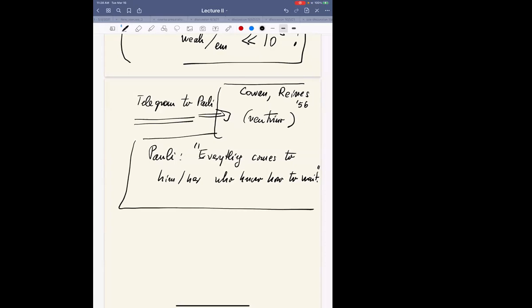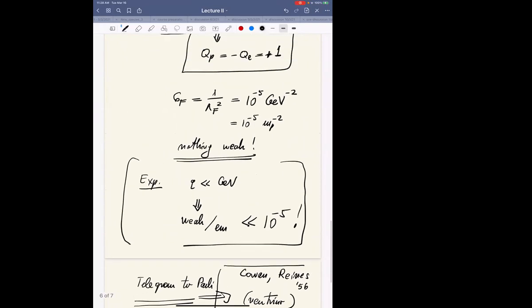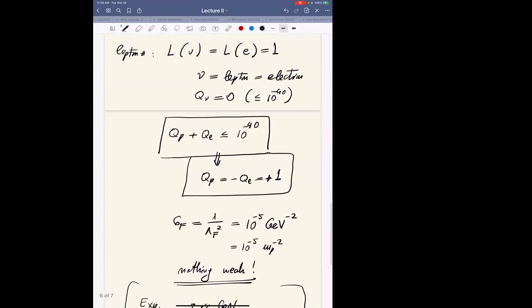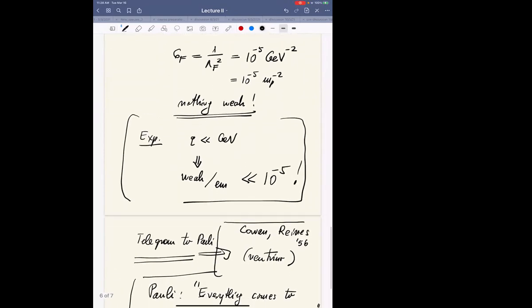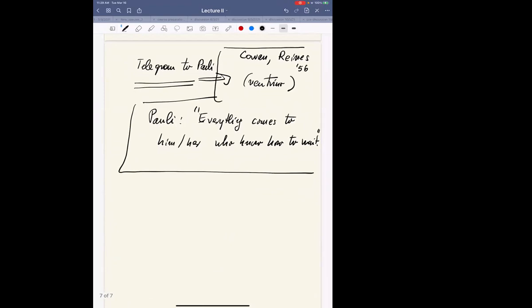Now, why was Pauli so pessimistic? Because if the neutrino has only weak interaction, it's neutral. What else can it have but weak interaction? It has gravitational interaction, but that's even smaller. So of course, if the neutrino only has weak interaction, then you can easily compute, for example,